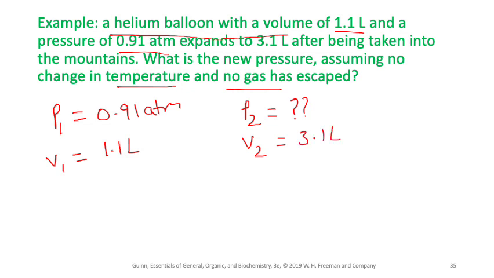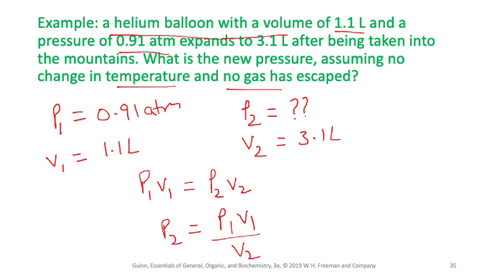This problem belongs to Boyle's law. How would I know? Because the pressure and volumes are given, and it's already saying the temperature and the number of moles of the gas are constant. So there is only one law, Boyle's law, that applies. So P1 V1 equals P2 V2. We need P2, so P2 will be P1 V1 over V2. And when you plug in the numbers